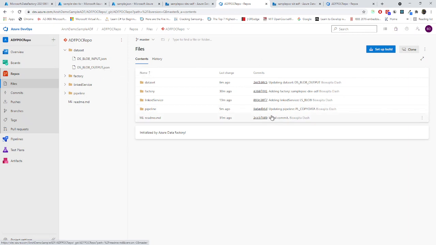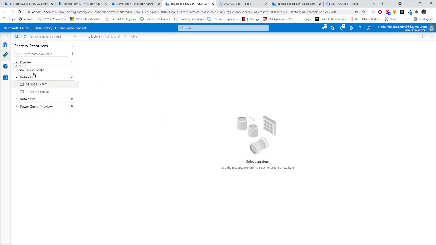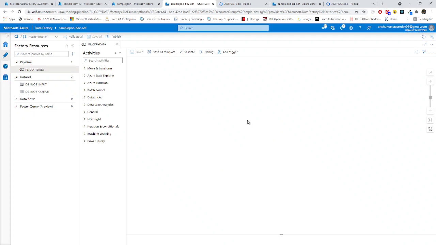As our ADF is also pointing to the master branch, suppose I'm choosing it as master branch, you should see everything over here, right? Now if you want to debug it over here as well, you can debug it. You are most welcome, but to make this video short, as this is getting longer, I'm not debugging anything right now.